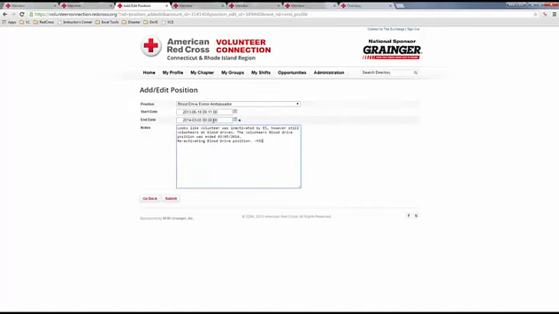Now there's a nice little X next to the calendar feature here. So if we click on that X, it will remove the end date. And with a blank end date, we now know, because we have documentation that it wasn't at one point, we now know that this position is going to become this person's active position. So if we click submit,